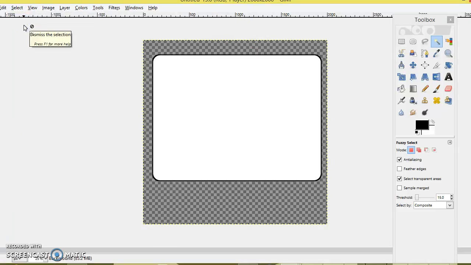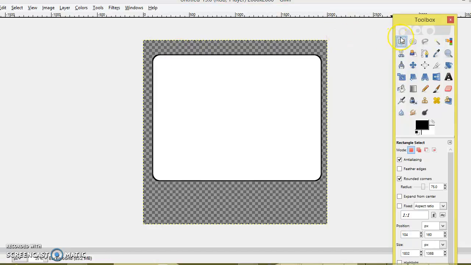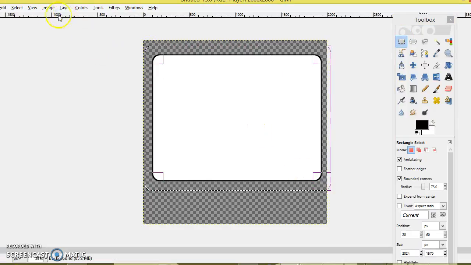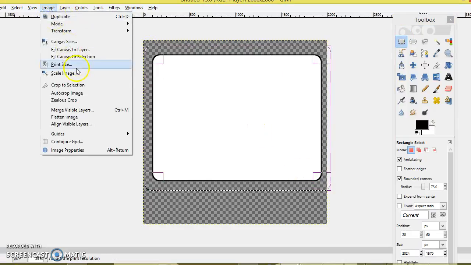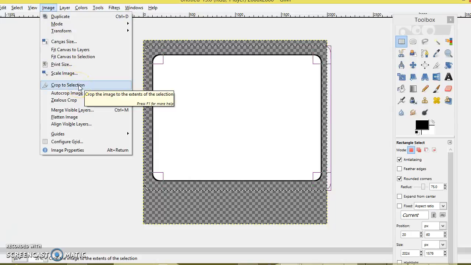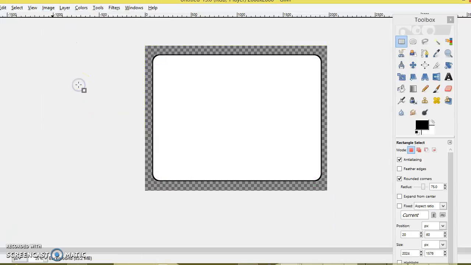Now I have all this extra space, and I want to crop that. So what I will click is the rectangle select tool, first one. Get the part that I want to crop, then Image, go to right here, almost to the bottom, Crop Selection. So now that I have it cropped,